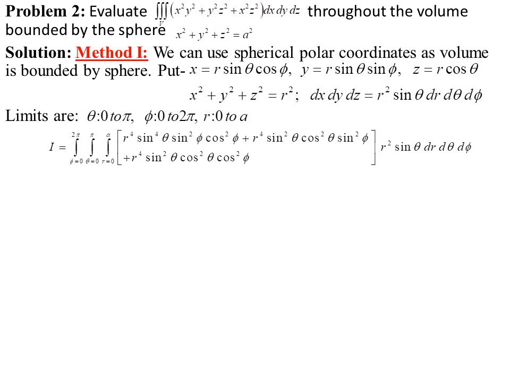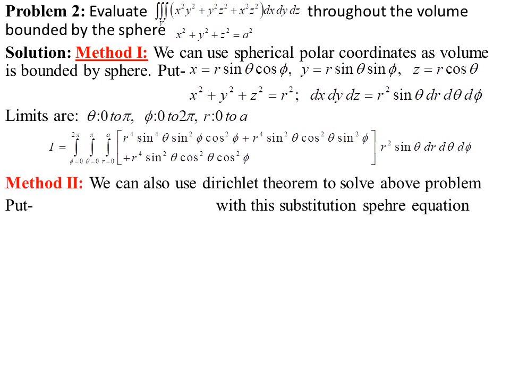So the integrand now can be written as r raised to 4 sin raised to 4 theta sin square phi cos square phi, plus r raised to 4 into sin square theta cos square theta into sin square phi, plus r raised to 4 into sin square theta cos square theta into cos square phi. This term is multiplied by r square into sin theta into dr d theta d phi. So try to evaluate this integration corresponding to the limits we noted. Limits are constant, so the limits can be varied over this bracket. So here we get 3 triple integrations which we have to further evaluate. So this is our method 1.